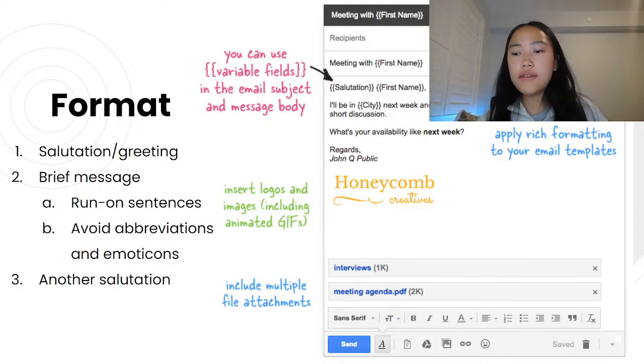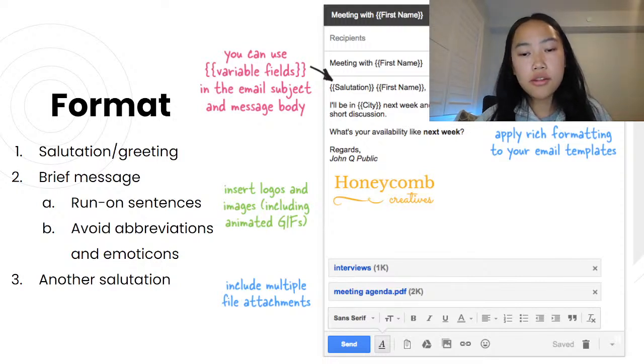Next, you should leave out the abbreviations and emojis and exclamation marks if they're not needed, so the receiver may not misunderstand or be unaware of the meanings behind these. So when in doubt, it's best to leave it out. And just make sure at the end of the email, provide a proper salutation that matches your message of the email, like a thank you or sincerely.